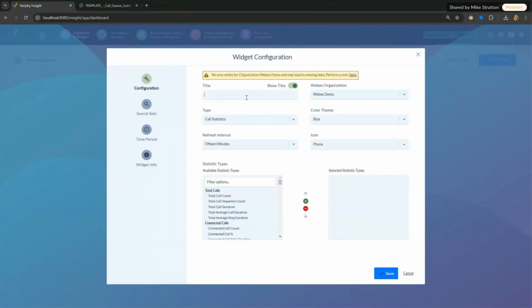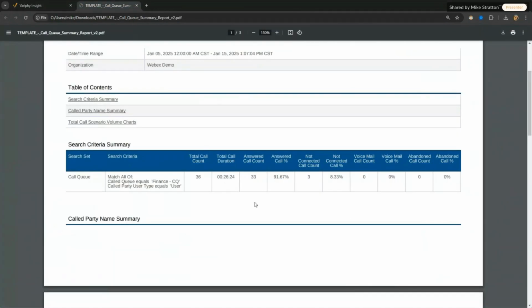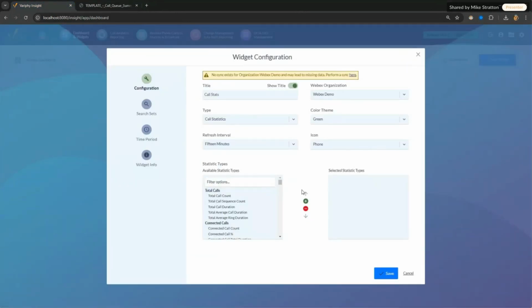Go back to configuration. I'll just call this call stats. To keep it simple, color we don't care about, although we can always change the color. Go green. Refresh interval, you can pick how fast you want to refresh. And then down here, if I wanted to recreate something like this with total call count, answered, not answered percentage, that kind of stuff, depending upon what values or metrics were important to me,